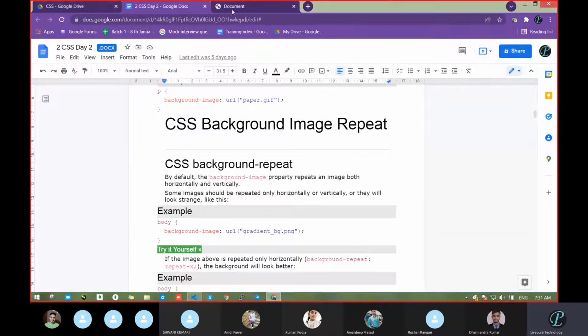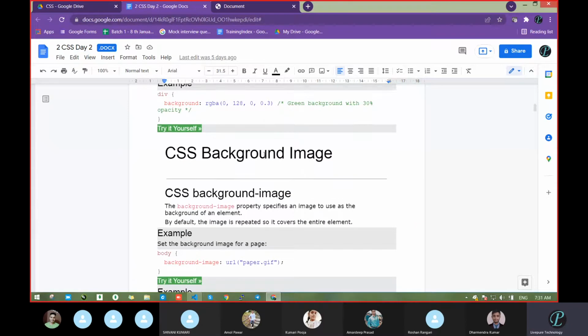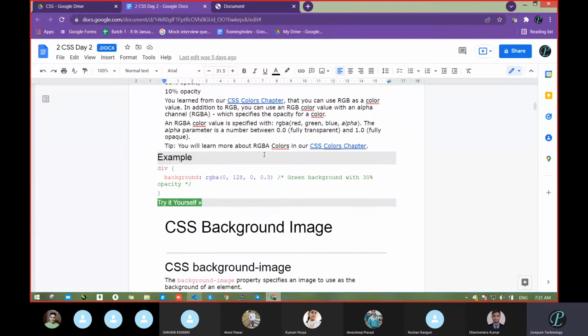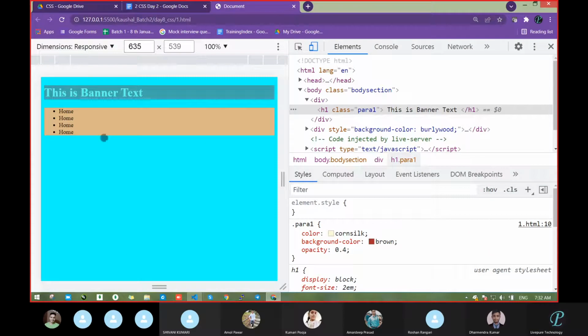Correct. So next thing. With this opacity, what we had done, we passed transparency, you can simply say a transparency layer. Okay. So we can do the same thing with the help of color also. Suppose you had used background with some color like yellow type. That color name is corn silk.